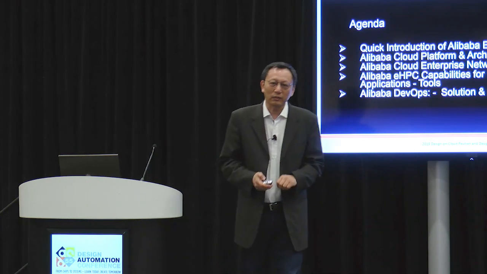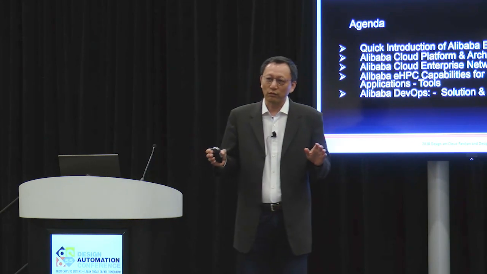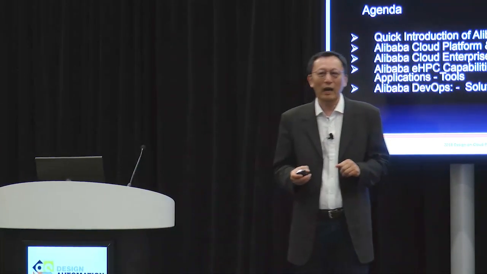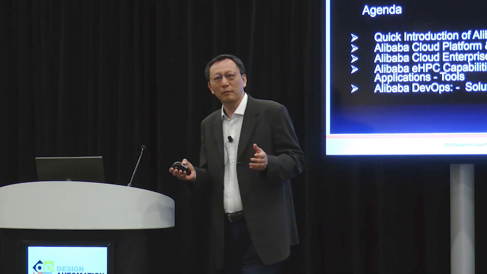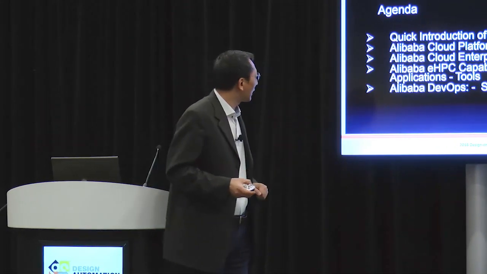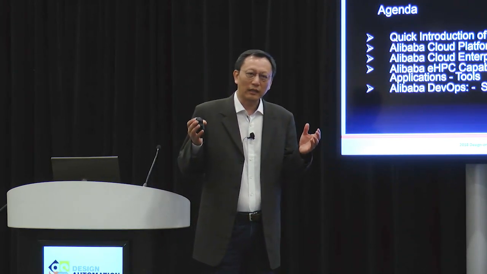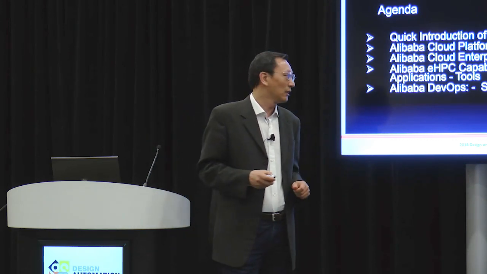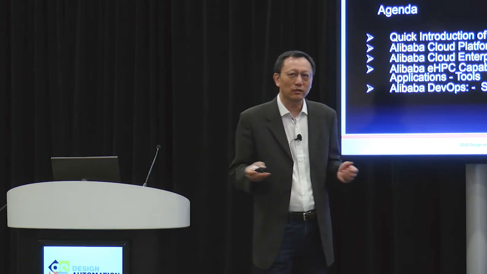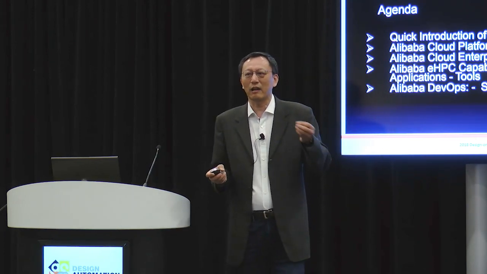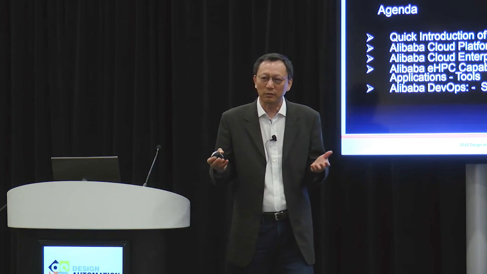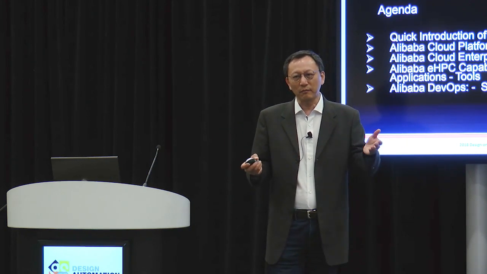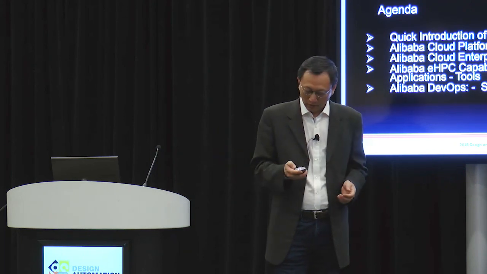So this is the agenda I'm going to talk about today. First of all, as usual, I'll give people a little bit of an overview of the Alibaba Group ecosystem, the architecture, and Alibaba Cloud. Then we're going to talk a little bit about the Alibaba Enterprise Network, which brings everybody together around the globe if you are on Alibaba Cloud. Also, relevant to this conference, is elastic high performance computing, HPC, where Alibaba is uniquely positioned. And last, I want to talk about the transformation from on-prem to a DevOps environment. So without further ado,